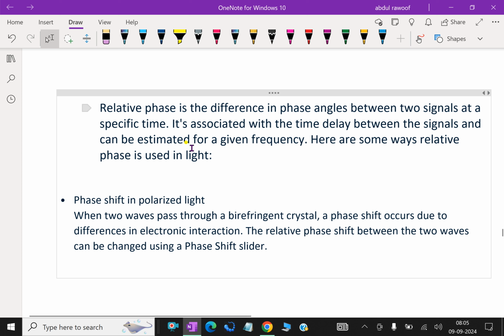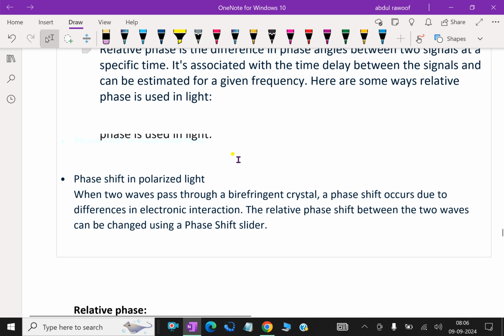The relative phase of two coherent waves traveling along the same line together specifies their relative positions on the line. If the crest of one wave falls on the crest of the other, the waves are in phase. If the crest of one falls on the trough of the other, the waves are 180 degrees, or 1/2 wavelength, out of phase.